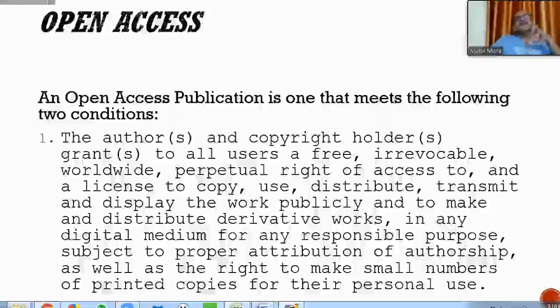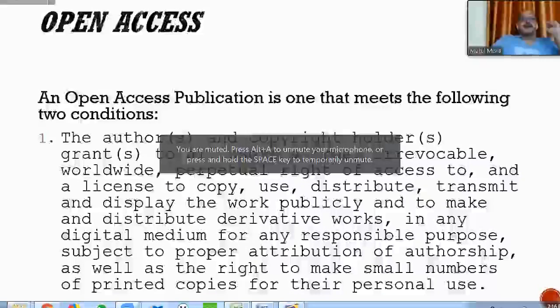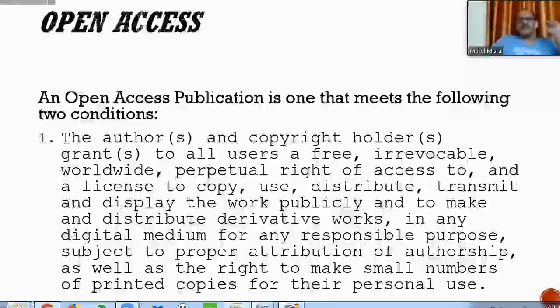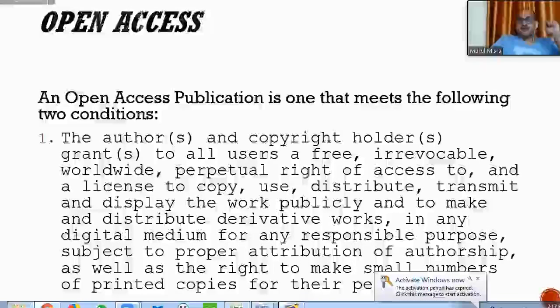But if there is any window permitted by the funding agency, saying okay, it can be reported, they report. So considering those points and those constraints, the first point in that declaration or initiative is: the authors and copyright holders grant to all users a free, irrevocable, worldwide, perpetual right of access to, and a license to copy, use, distribute, transmit, and display the work publicly, and to make and distribute derivative works in any digital medium for any responsible purpose, subject to the proper attribution of authorship,